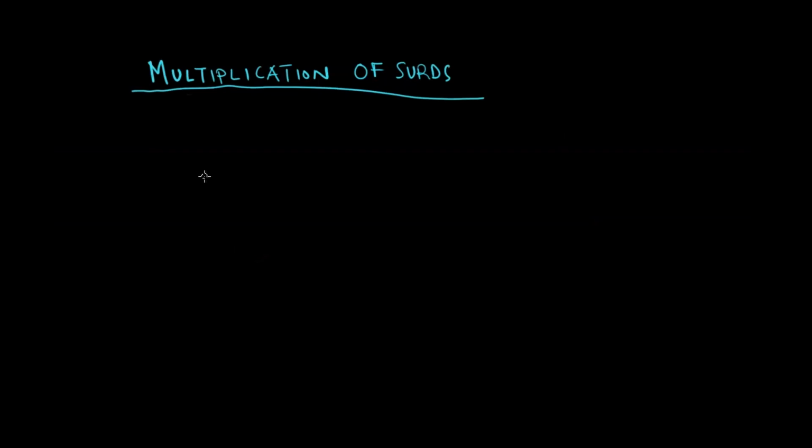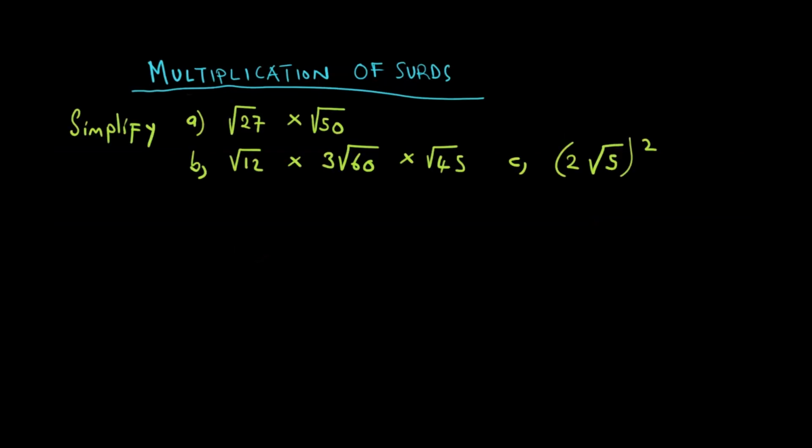And of course, as is our culture, we are going to start with an example. Saka example yatoda kuita kwatiri isusu example number 1. As in the book, it's actually example number 4. So let us get to that example. That is our example number 1. Question yedu yakati iyo simplify a, the square root of 27 times the square root of 50.